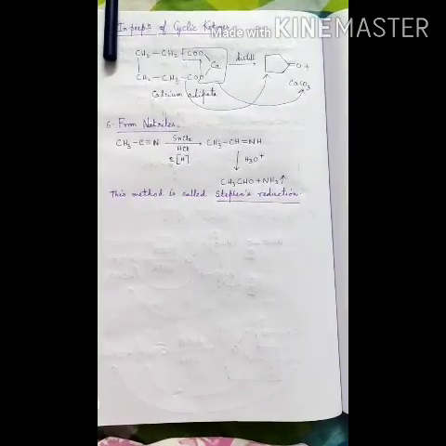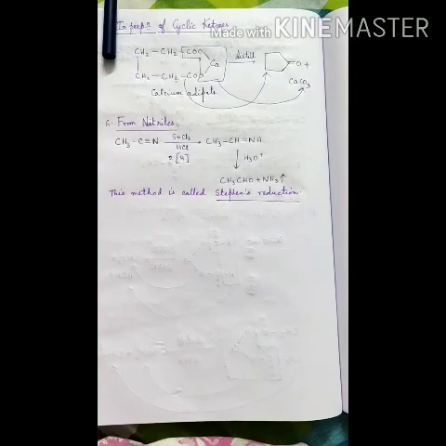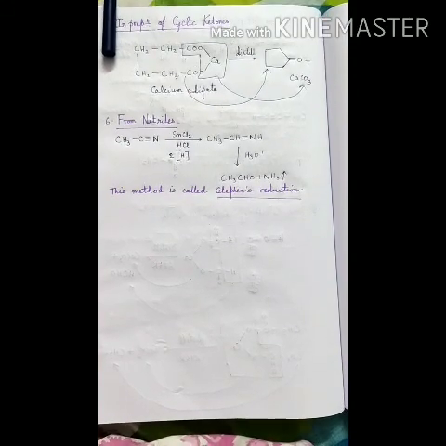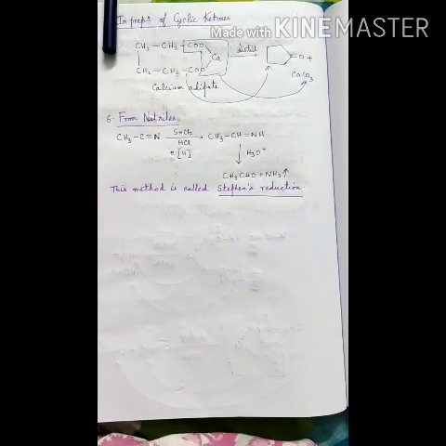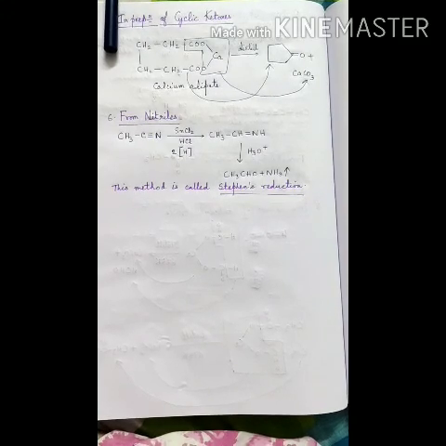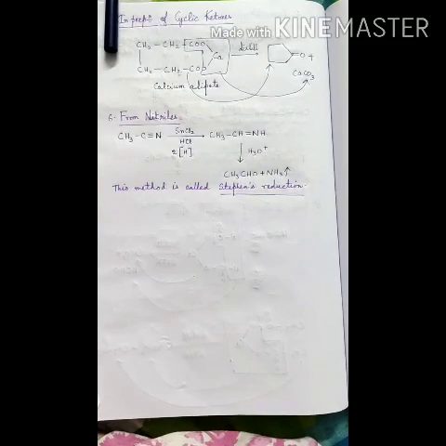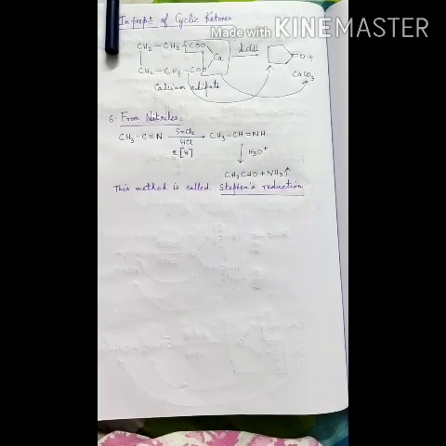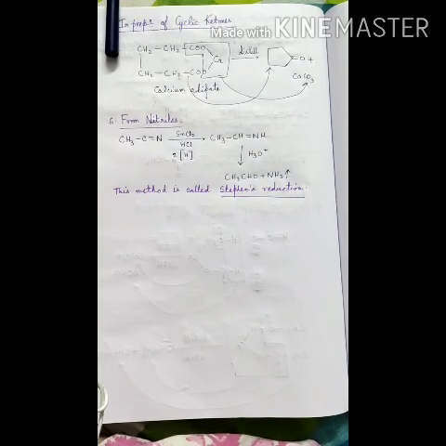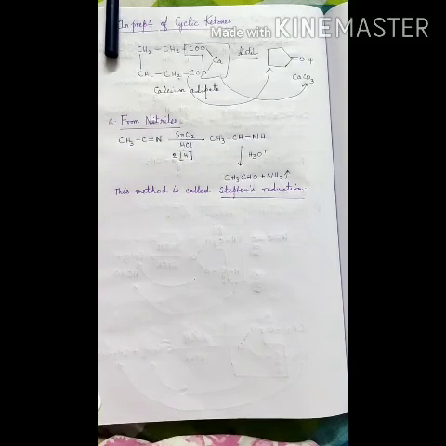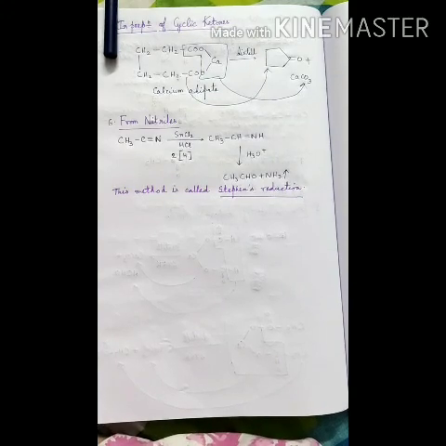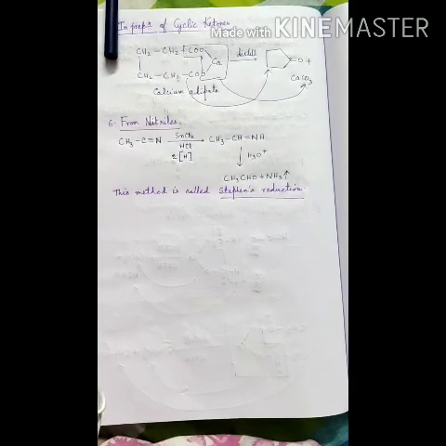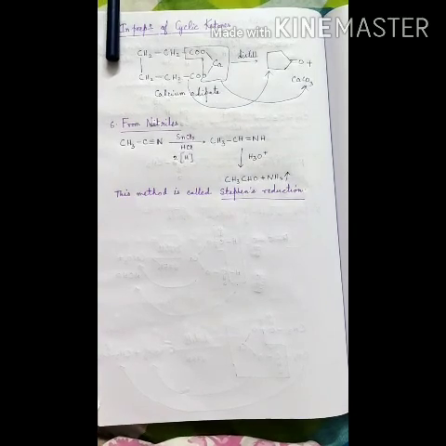Next in the syllabus, how can we prepare carbonyl compounds from nitriles, and what is a nitrile? Another name for cyanide, CN. So we can prepare an aldehyde if we reduce the nitrile or the cyanide with stannous chloride, SnCl2, and hydrochloric acid in absolute ether. We get an imine, where one H is added to the carbon atom and another to the nitrogen atom, and the imine on hydrolysis gives us the aldehyde with evolution of ammonia gas. This method is known as Stephen's reduction, another name reaction in our syllabus.